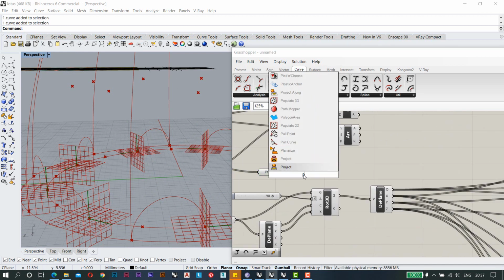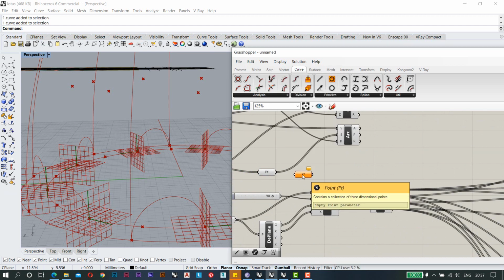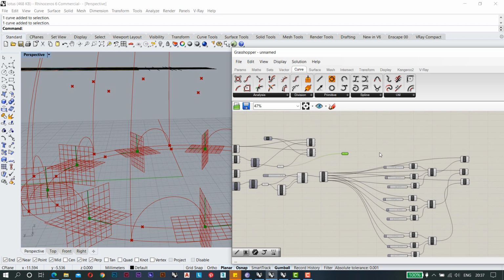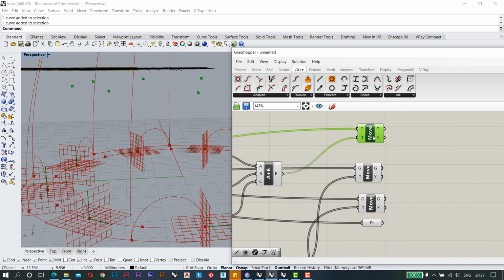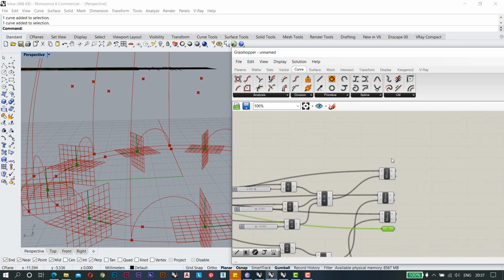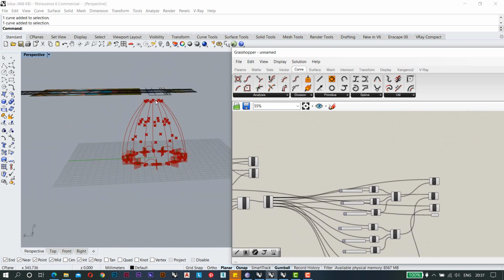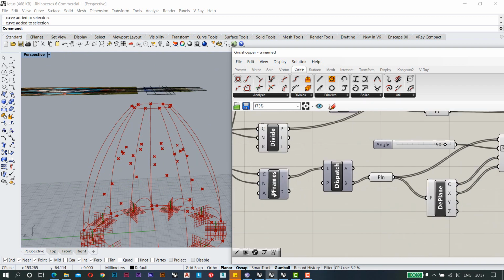I will just make another point parameter, connecting it to this one. So this will probably be the end point, which will come to this point. So this is the first, second, third and fourth. I need the top point, which will be here.